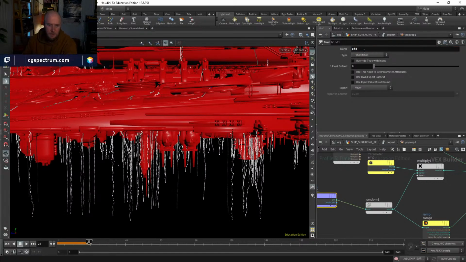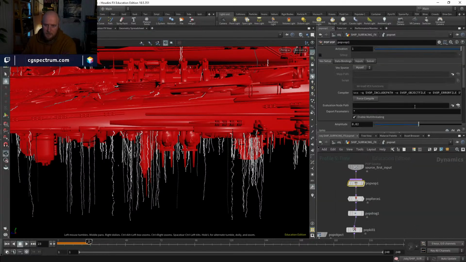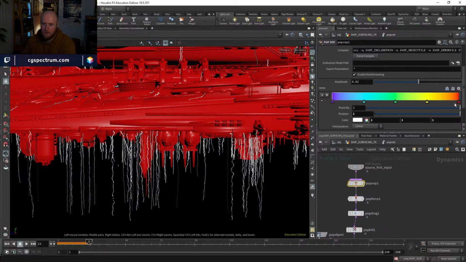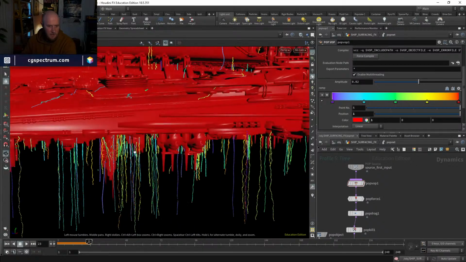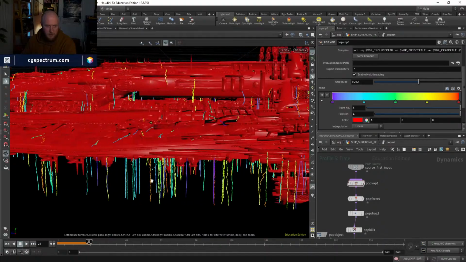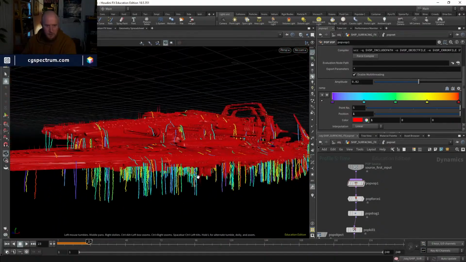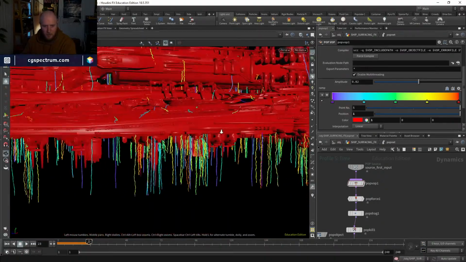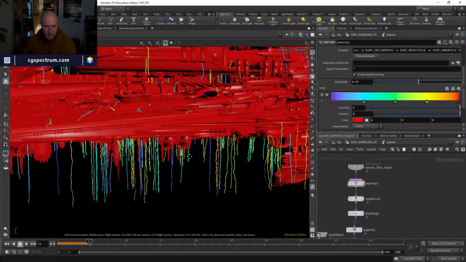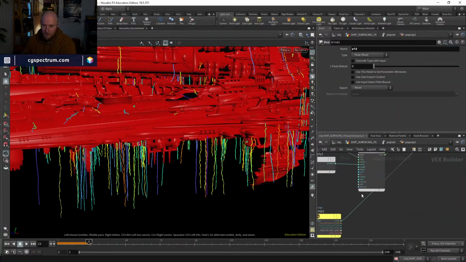So much to do, so little time. There we go. So let's come out, change our ramp to infrared, and you can see I get a different color per stream. So if I was doing some kind of Technicolor rainbow ship, this would be a great way to go. But what this tells me is that, and you can see it with the noise as well, if I disconnect that,